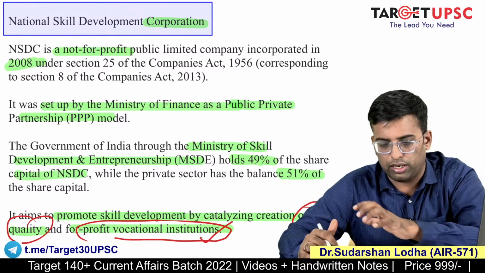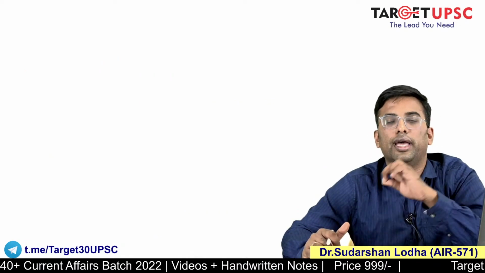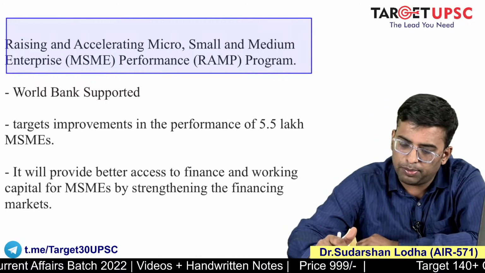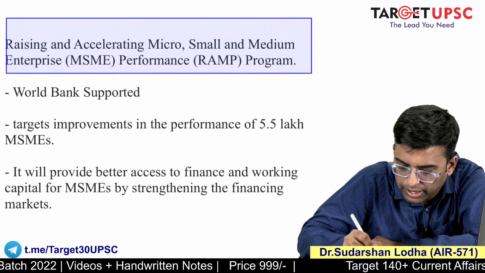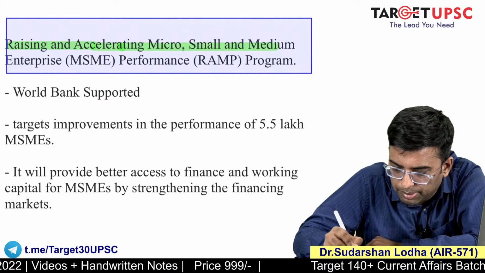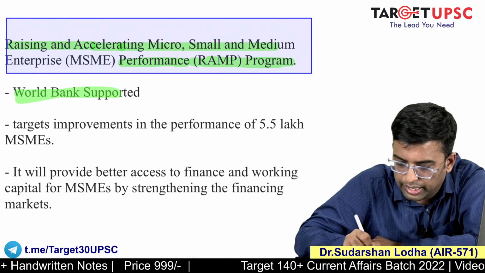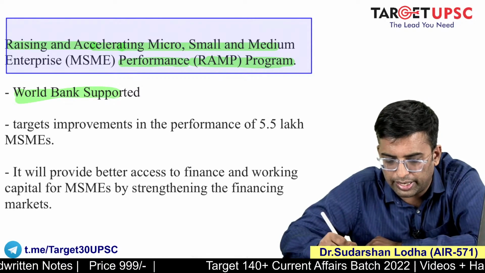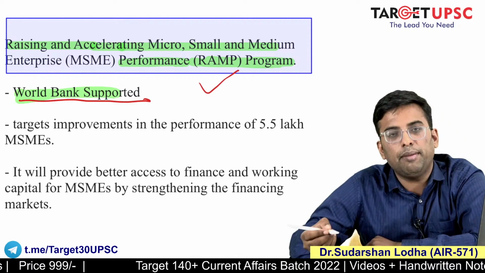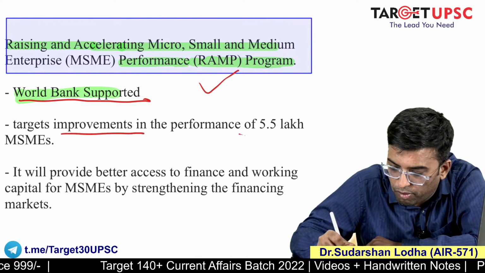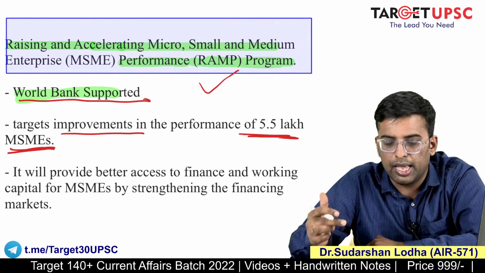इम्पोर्टेंट प्रोग्राम आपको पता चाहिए। नेशनल स्किल डेवलपमेंट कॉर्पोरेशन किसने सेटअप किया था, अभी कौन ओनर है एंड क्या रोल है, ये आपको पता चाहिए। This budget also said कि we are supporting an important program that is raising and accelerating MSME performance। RAMP प्रोग्राम है which is supported by World Bank। एक important गवर्नमेंट ने प्रोग्राम लॉन्च किया है that is Raising and Accelerating MSME program which is supported by World Bank, and the aim of this program is improvement in the performance of 5.5 lakh MSMEs। उनका परफॉर्मेंस इंप्रूव करना एक important aim है इस RAMP प्रोग्राम का,